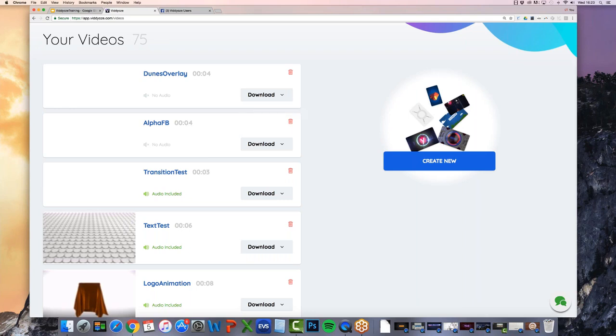There's nothing we can do about that. If you go and get MOV alpha files created by any animator out there, they're going to send you a big file just like we do here. And these are generally used in video editors on top of your videos. So that's basically what these are used for.